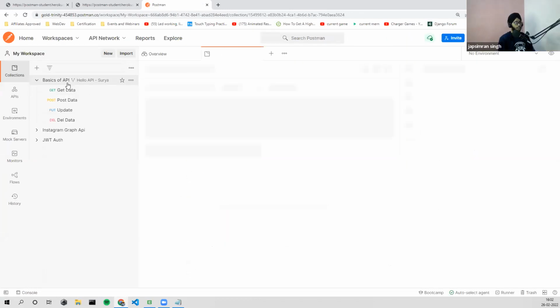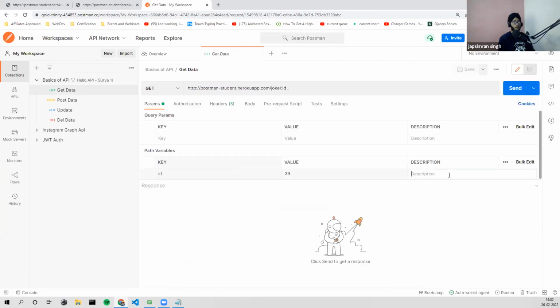Okay, we are here with the first one, and we have a description. This description is for the ones, like suppose we are in a team project, we are 10 people. I made this API and I'm testing this. Surya doesn't know. So this is a description for that person. It's more of a documentation.